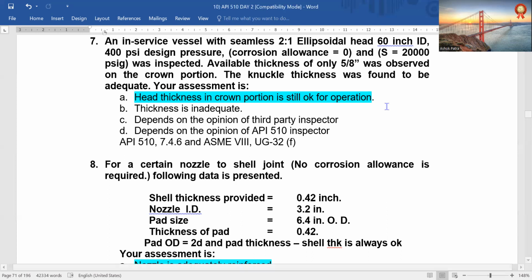The ellipsoidal head. An acceptable approximation to an ellipsoidal head is one with a knuckle radius of 0.17 of D and a spherical radius